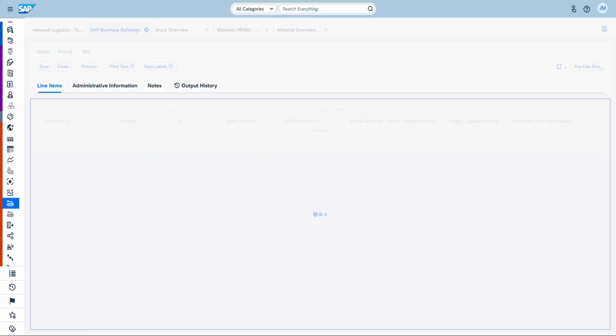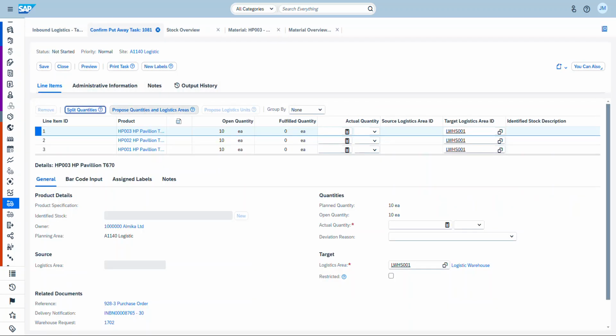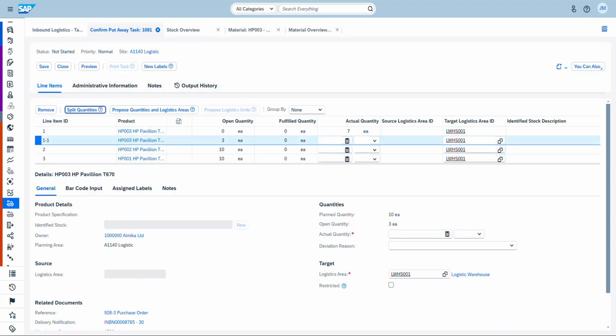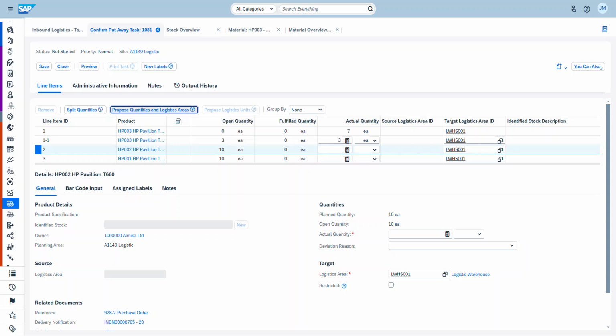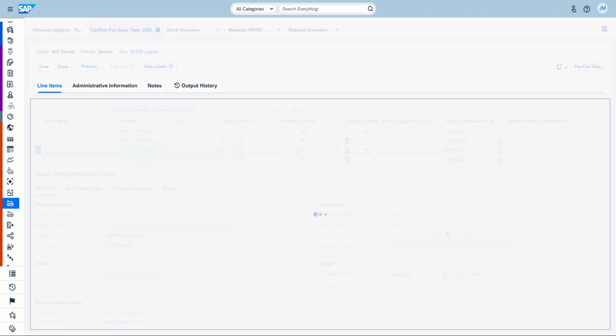So I'm going to repost the transaction by clicking the confirm button. So here I can select initial and split the quantity like we did. And for the other two items, I'm just going to propose the same quantity. And for the third item,